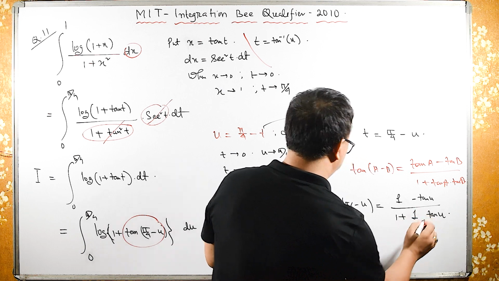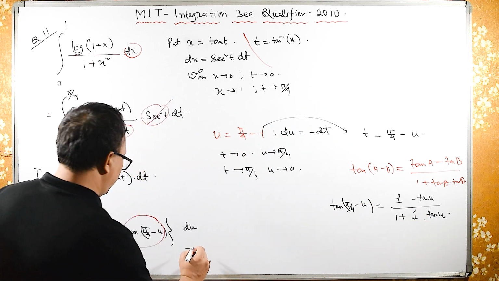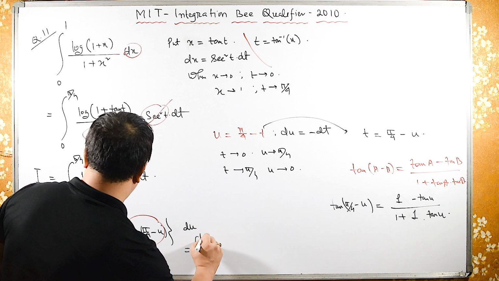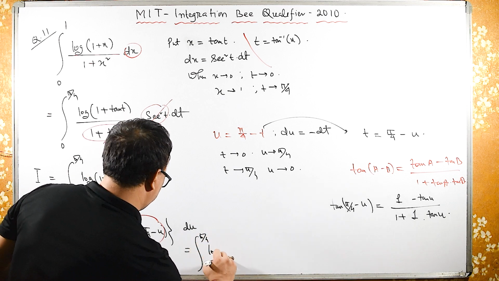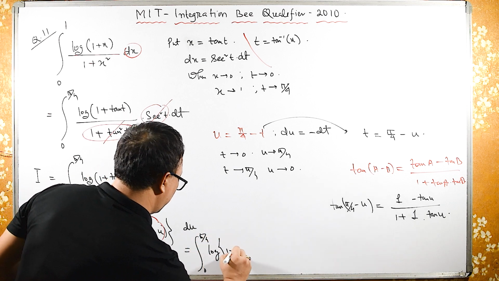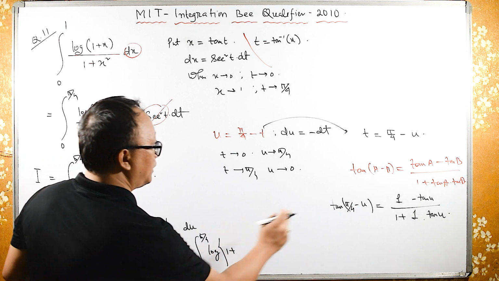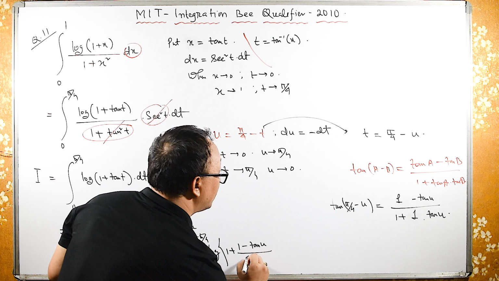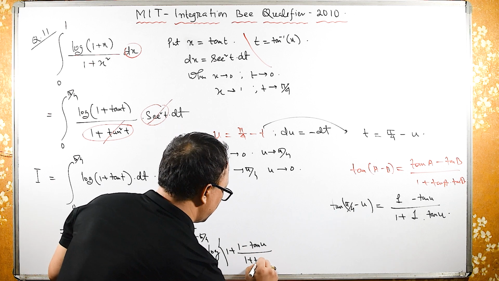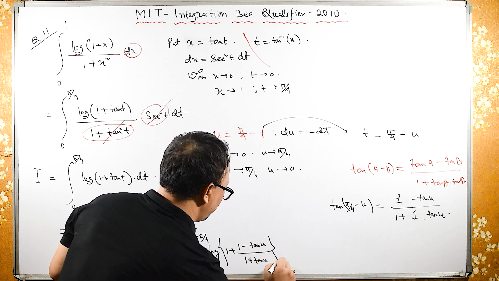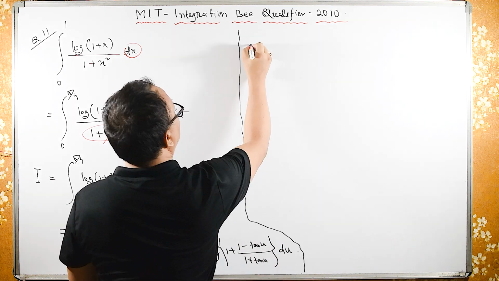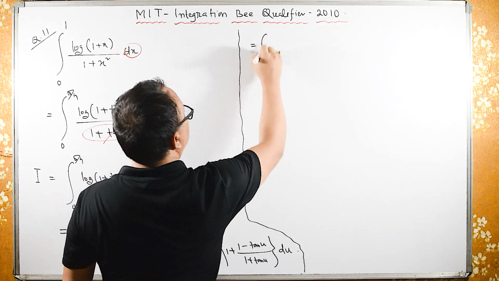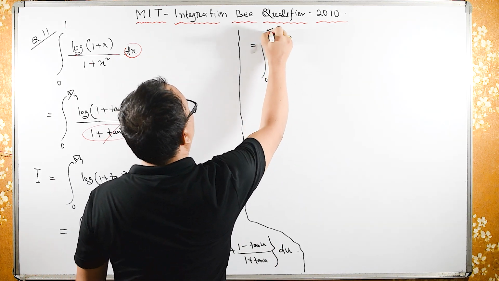So instead of this, I can write the integral 0 to pi by 4 of log of (1 plus (1 minus tan u) upon (1 plus tan u)) into du, which is equal to the integral 0 to pi by 4